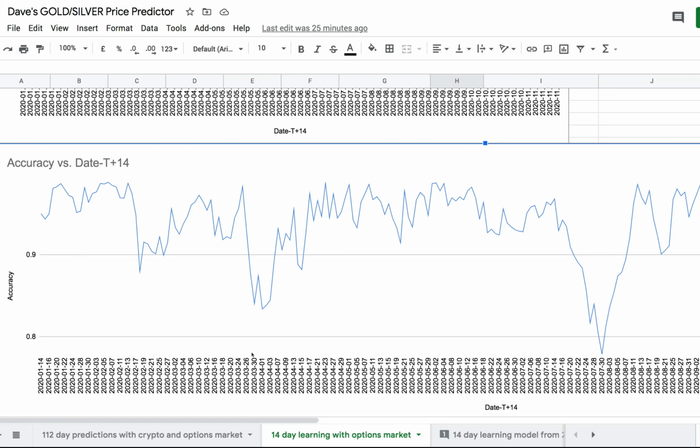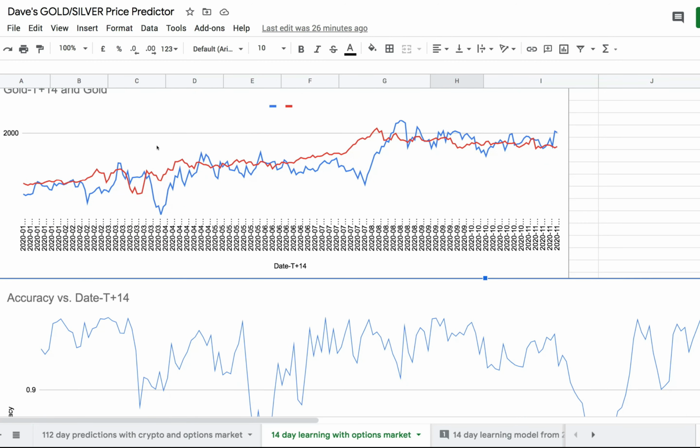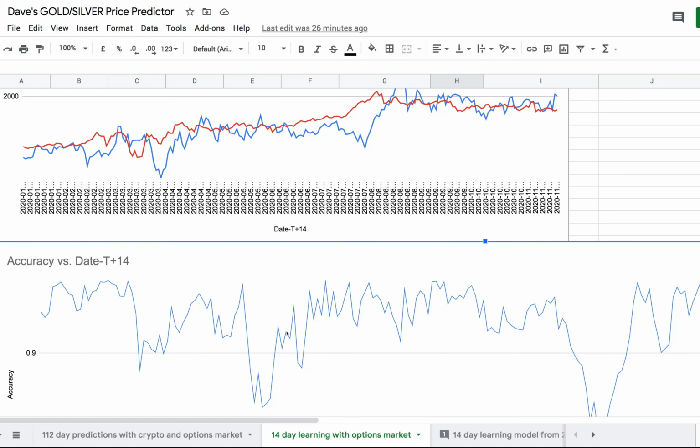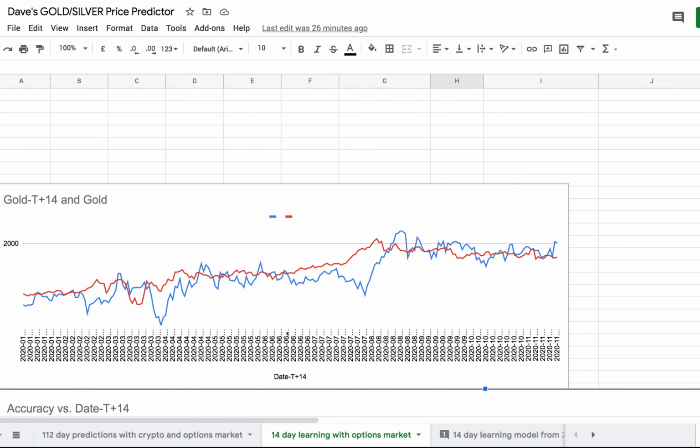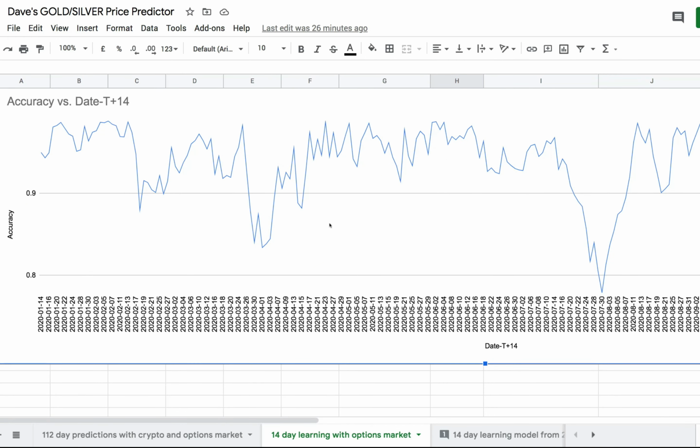It cannot look at financial markets and understand external events that cause a change in the price of gold. For example, starting from the end of March, in this March period, it fails spectacularly, because I'm plotting the predicted price versus the real price. Why does it fail spectacularly in March? Well, I think it cannot predict what happened in March, which was a shutdown. It could not predict a shutdown.